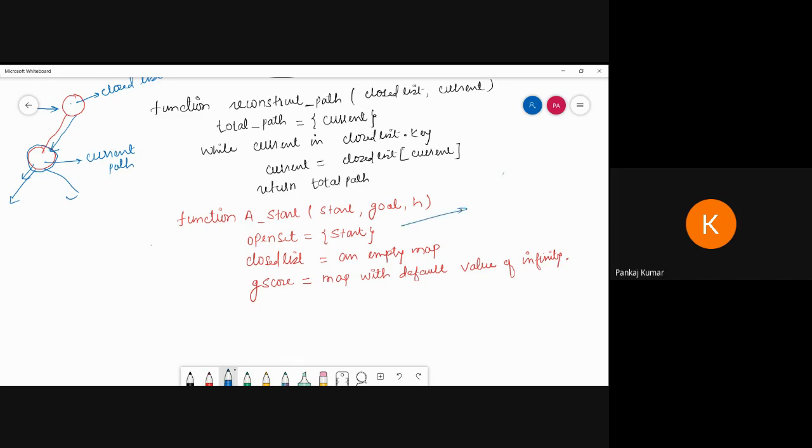Now, how can I explain this line? See, suppose this one is a tree, and suppose this one, okay, D, A, B, and C. From C to D, we have to mark as infinity. From B to D, we have marked as infinity. From A to B, we have marked as infinity, because we don't know how much cost is required to reach D and how much cost is required to reach B. So that one we have to calculate, where G is the actual cost from